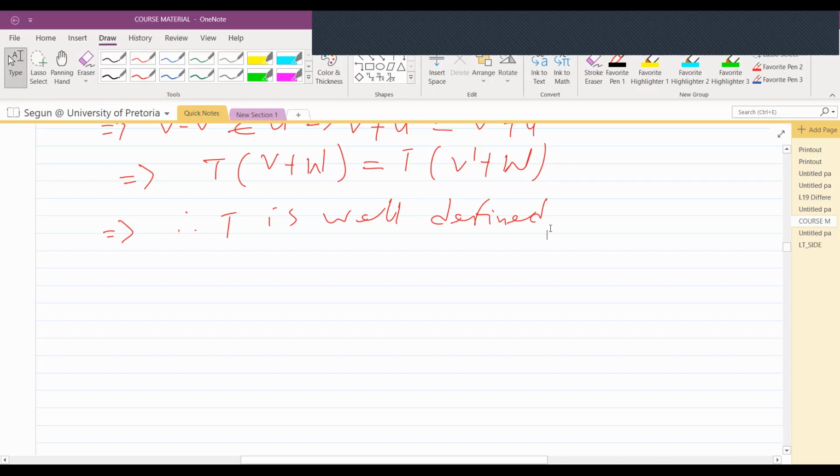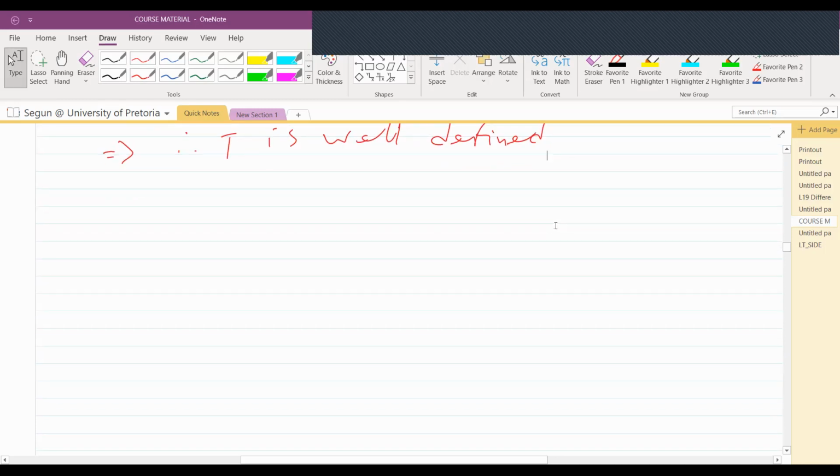Then we can move on. B, our B says, prove that T is an LT. We all know the conditions of the LT, and it is very simple, by saying for any V plus W,